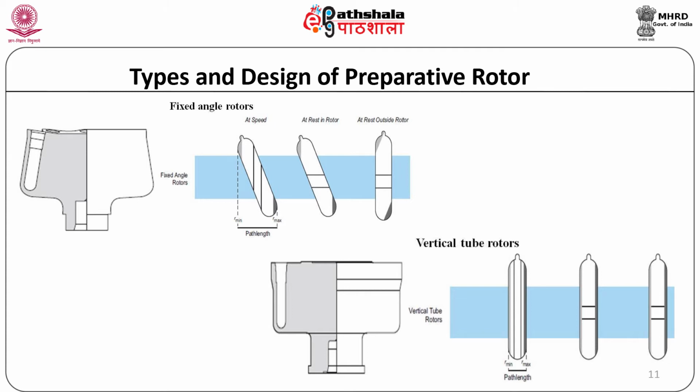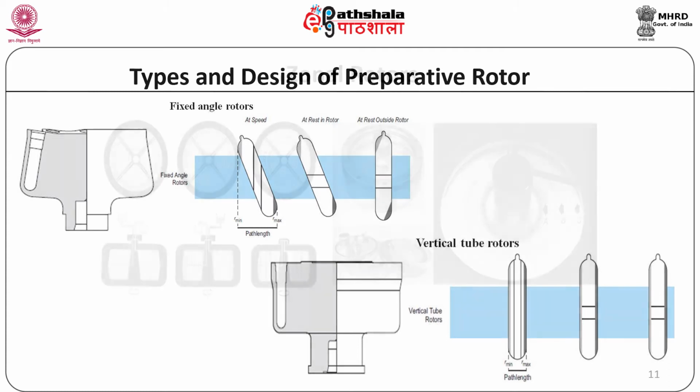Since the sedimentation of particles occurs across the diameter of the tube, the vertical rotor presents the shortest possible path length. Thus, sedimentation occurs very quickly as compared to previously described types. The pellet formed is deposited along the length of the outer wall of the centrifuge tube, which is a disadvantage as it falls back into the solution at the end of the centrifugation.